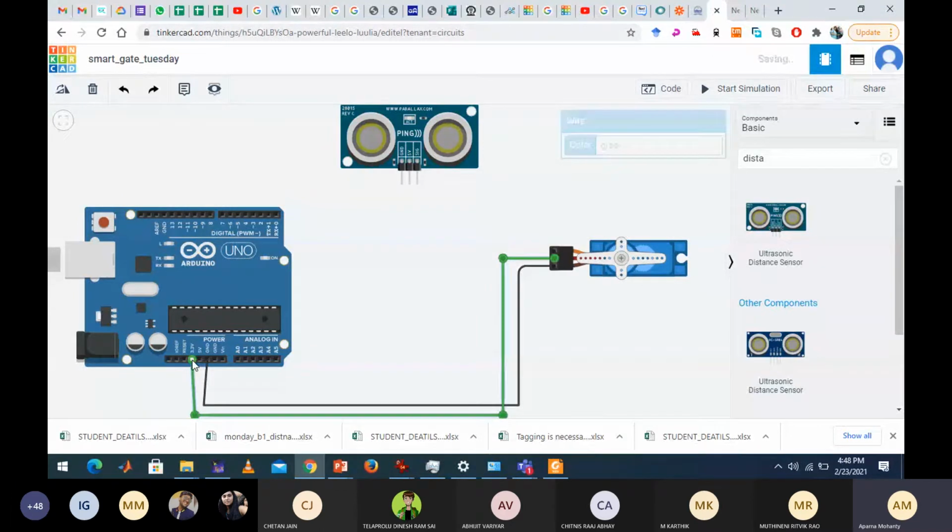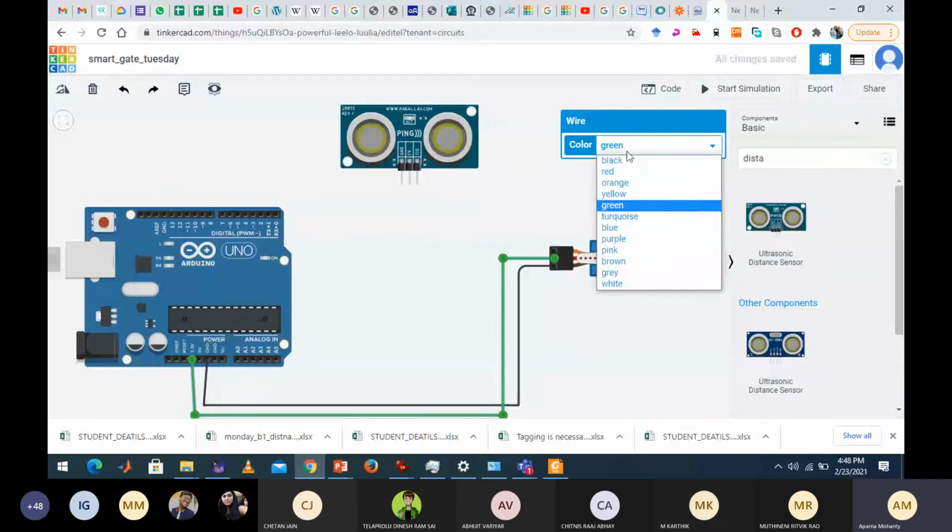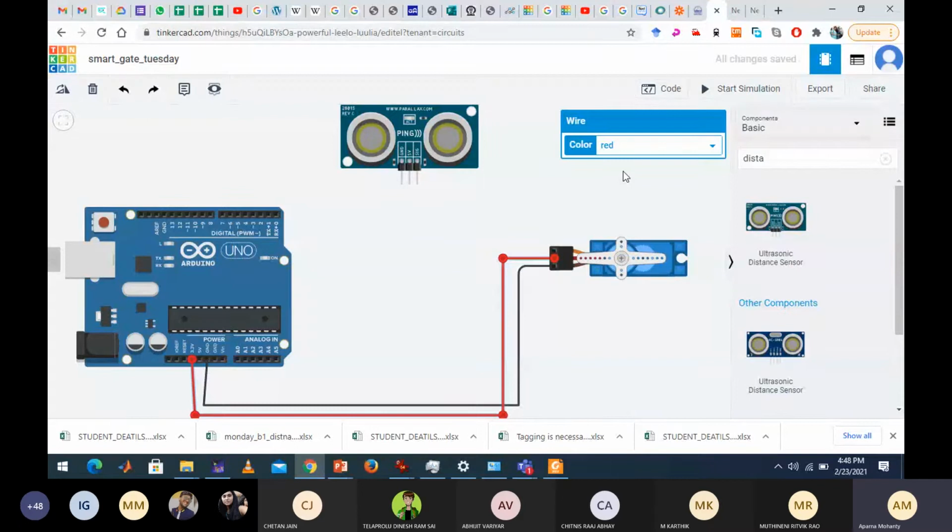Why I didn't connect it to the 5 volt, I'll let you know. Now make it a different color, suppose red color. Since I'm connecting it to the power, make it red. Is it clear? Yes, ma'am.